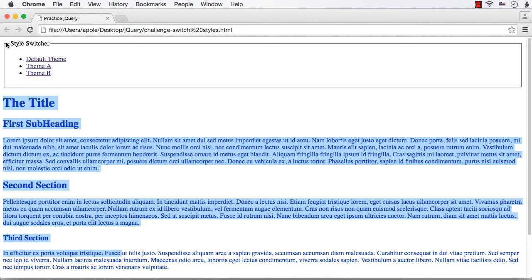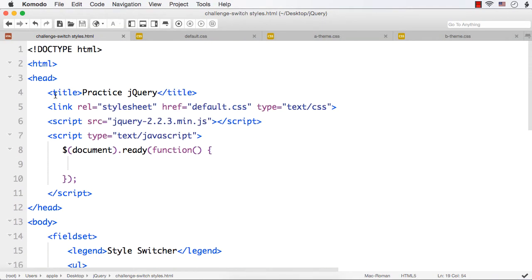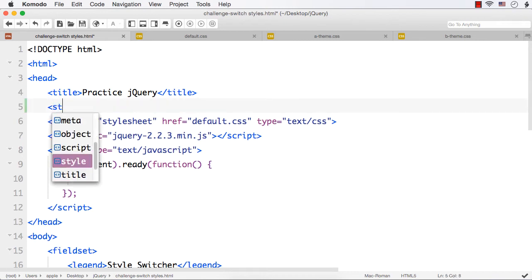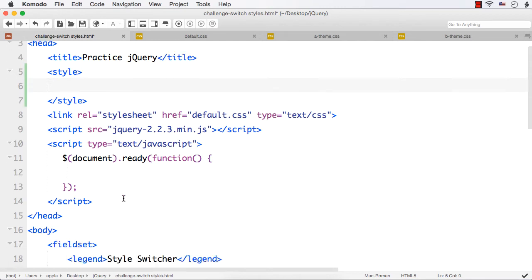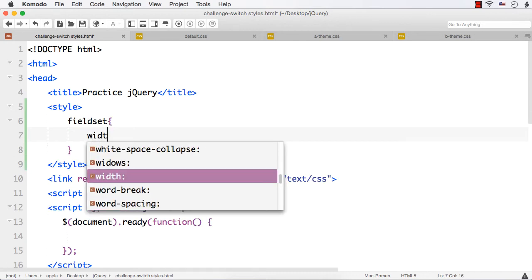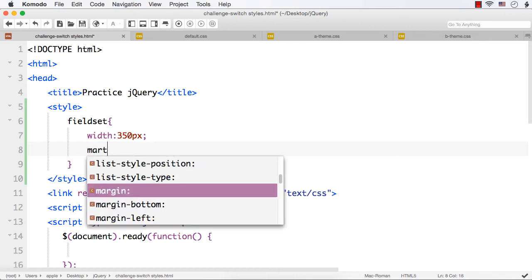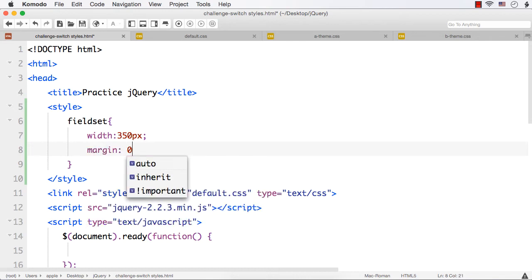So let us try to style this field set and also these items a bit so that it will look more professional. We will add the style first here and then copy and paste it in all the three style sheets. So let me add the style tag. Okay. So first let me set some width for this field set. So field set, let the width be say 350px. I also want it to be centered. So margin 0px auto. Okay. This will center the field set.